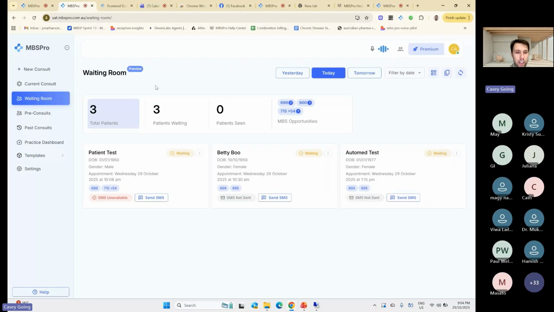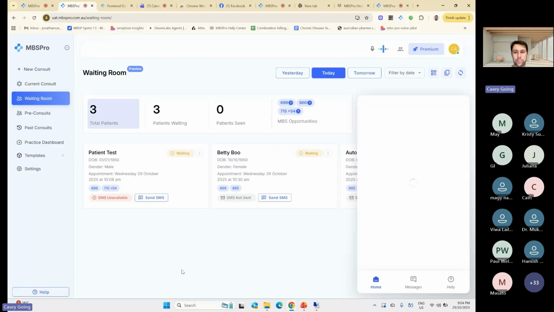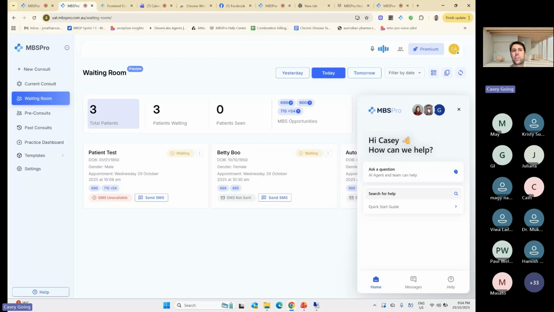Certainly, if you need any help, you can always contact us through the help button in the bottom left-hand corner. It opens up an Intercom chat that literally just messages me on my phone and a few of us, so we've got a team and can usually get back to you really quickly. You can send screenshots that can help us figure out what the issue is, and we'll get back to you straight away.